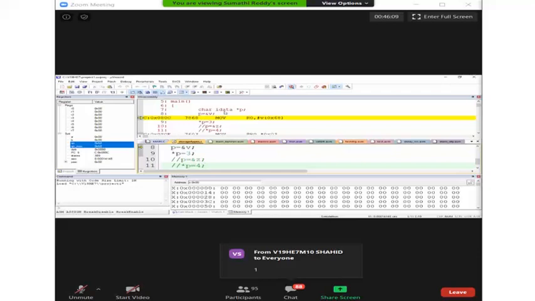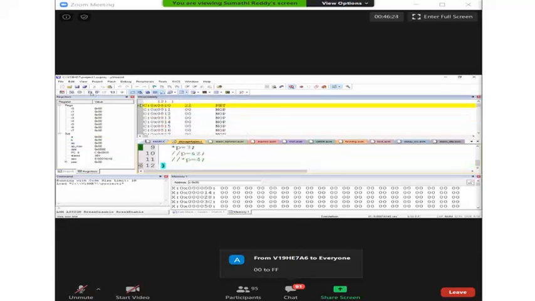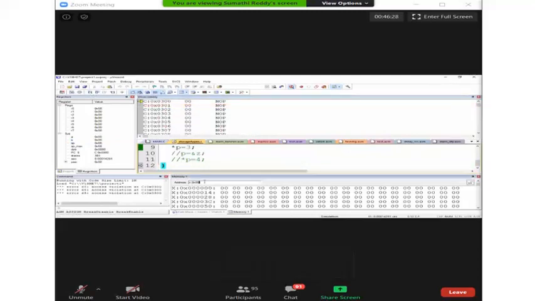Why is it 1 byte? Because our internal RAM memory space is from 00 to FF. So P can hold only the addresses from 00 to FF. And everything will be done fine. You will get the output. You can see here.